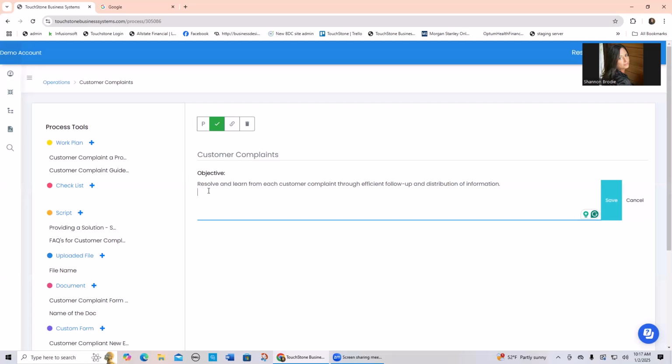When you start this process, you're going to take it all the way to the end where the customer is happy and it's resolved. And then the rest of this through follow up and distribution of information. Handle the complaint through efficient follow-up and distribution of information. So what this tells me is that this process contains how I follow up to make sure the issue is handled and how I distribute the appropriate information to make sure that it's gotten to the